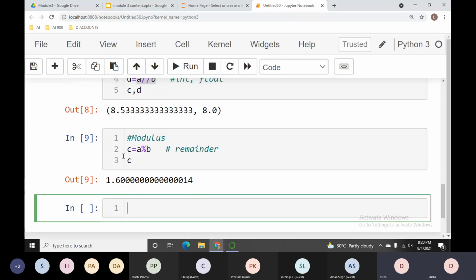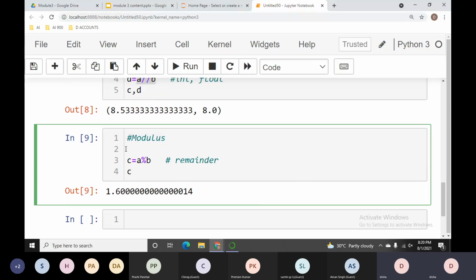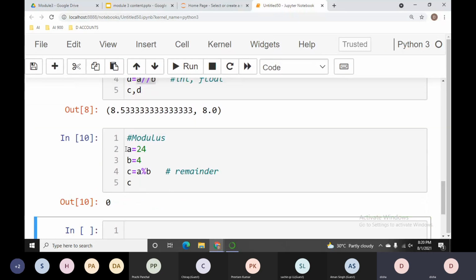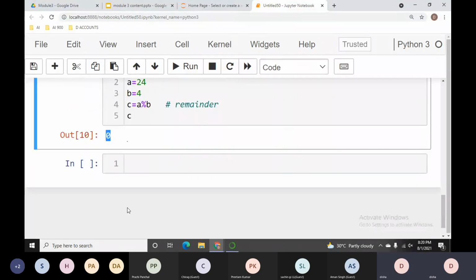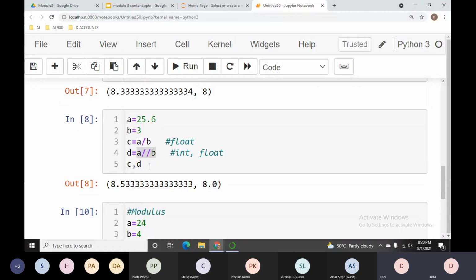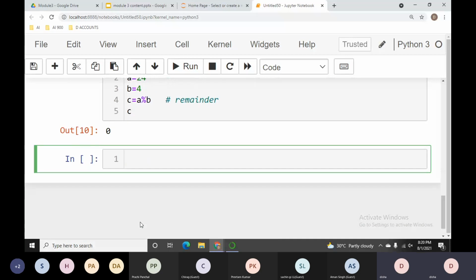So let me change the digits first, so you will clearly understand this. I said A is 24 and B is 4, right? So we can see that when we are dividing 24 by 4, what remainder are we getting? We will get only 0 on our screen. So is that fine with you all, that we are done with division, float division and modulus, which were different from our maths, meaning we were not aware of what results we would get?